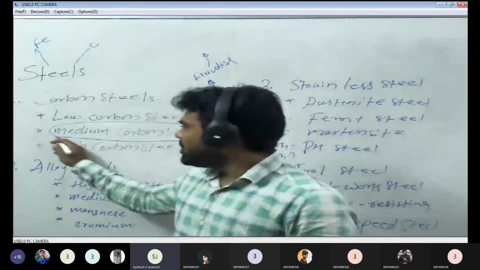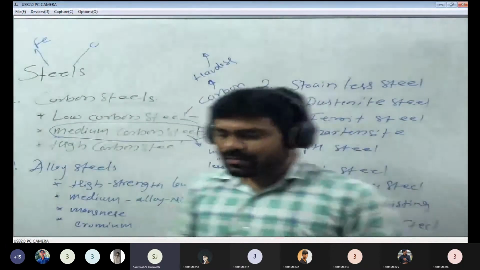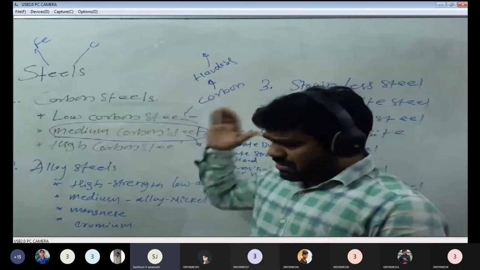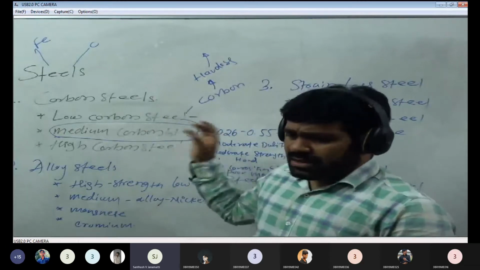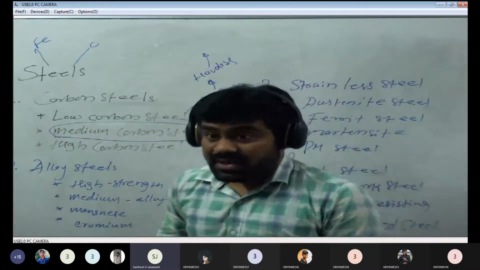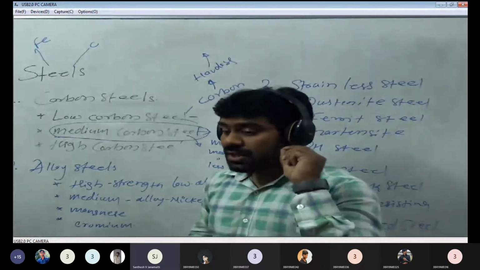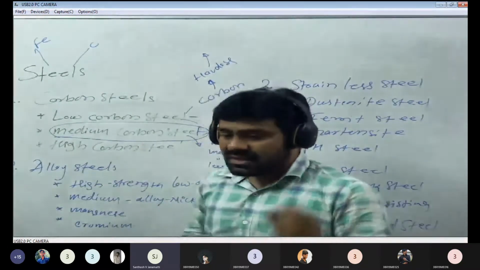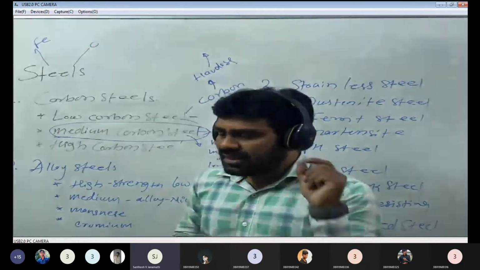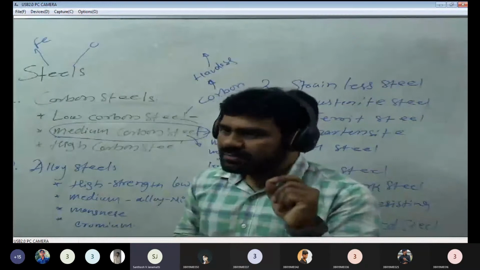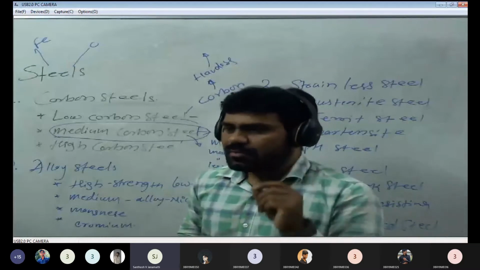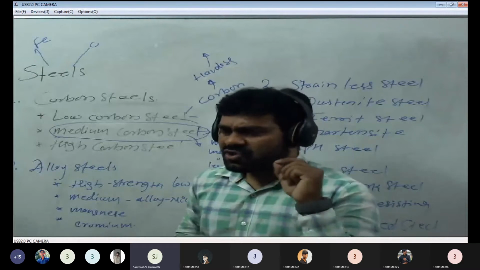Where exactly, sir? Locomotive and automotive applications. This is the most preferable steel for constructing industrial applications as well as the locomotive and automotive industries. Locomotive industry means railway tracks. You might have seen railway tracks; they are made of medium carbon steel. Locomotive applications include wheels, some coach equipment, and other equipment belonging to the locomotive.